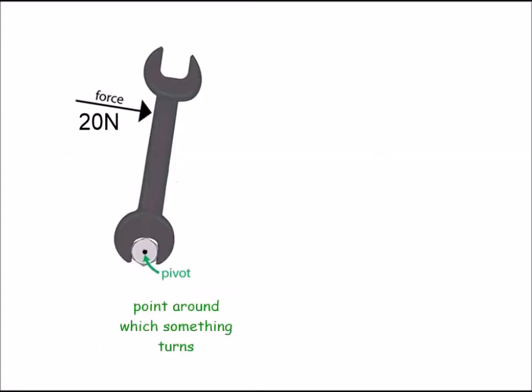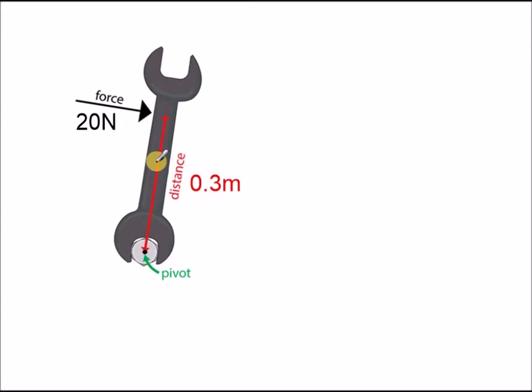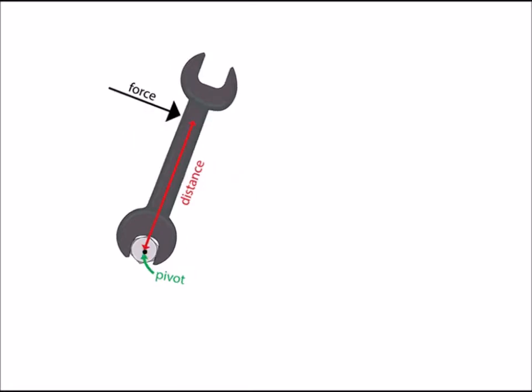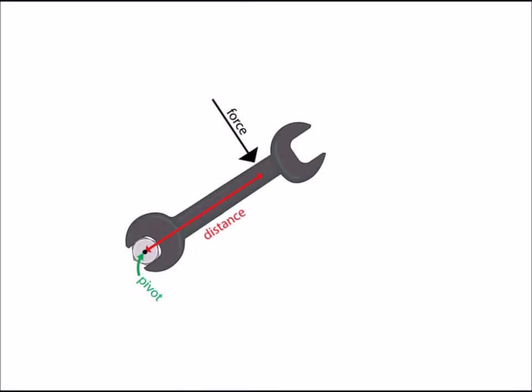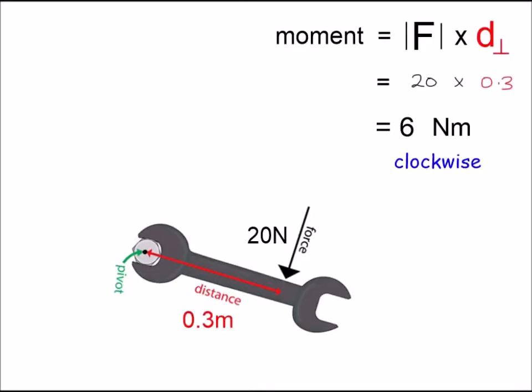Example 3, we apply a 20 Newton force at this point on the spanner at a distance of 0.3 meters from the pivot point, and the force and this red line for the distance are perpendicular to each other, and that creates a clockwise rotation, and we can calculate the strength of that rotation, which is called the moment,